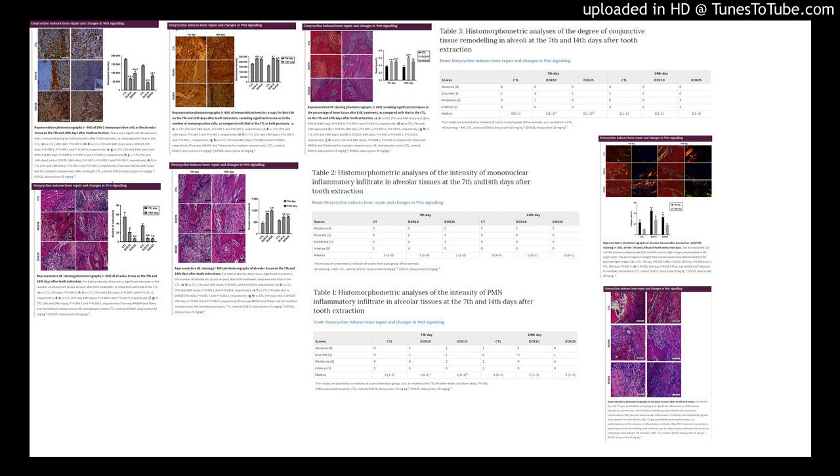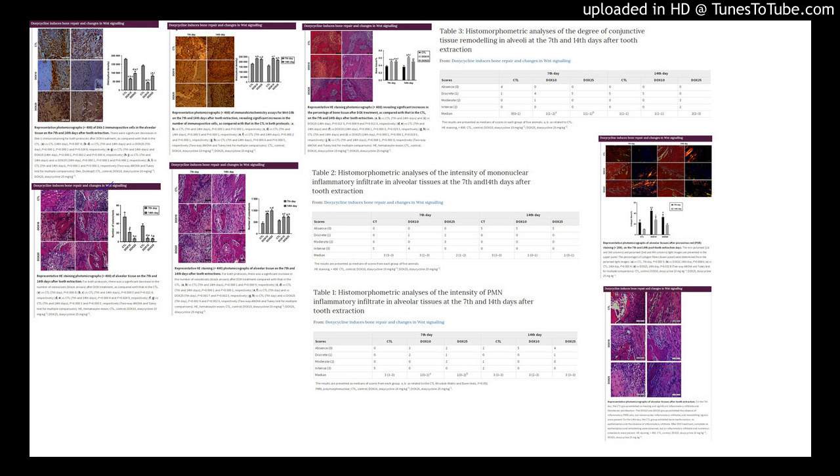Animals and experimental design. Male Wistar rats, 150 to 200 g, from the Animal House of the Federal University of Ceará, UFC, were maintained in appropriate cages, 5 animals per cage, and given free access to water and food. The study protocol was submitted to and approved by the UFC Institutional Ethics Committee and was performed according to the Guide for the Care and Use of Laboratory Animals, National Institutes of Health, NIH, USA, 2011.